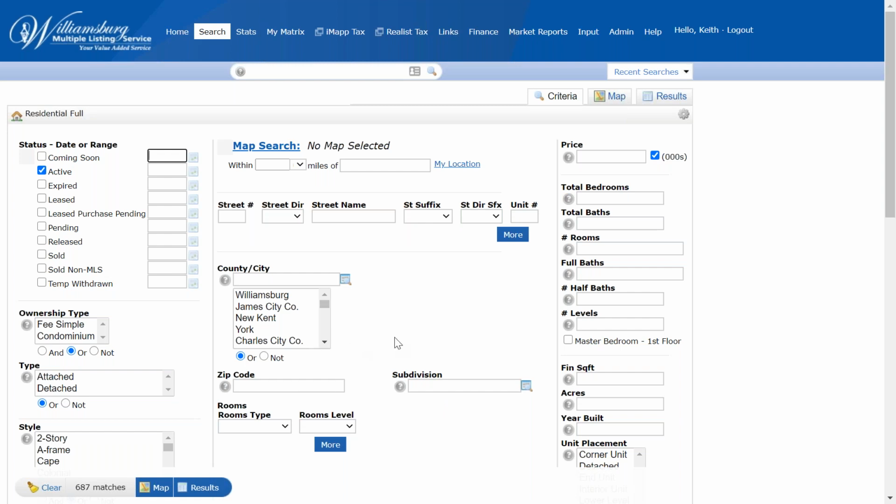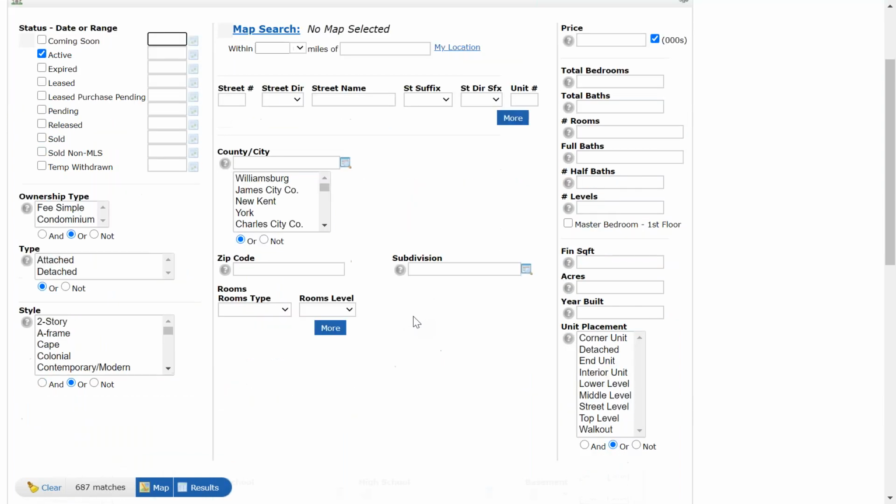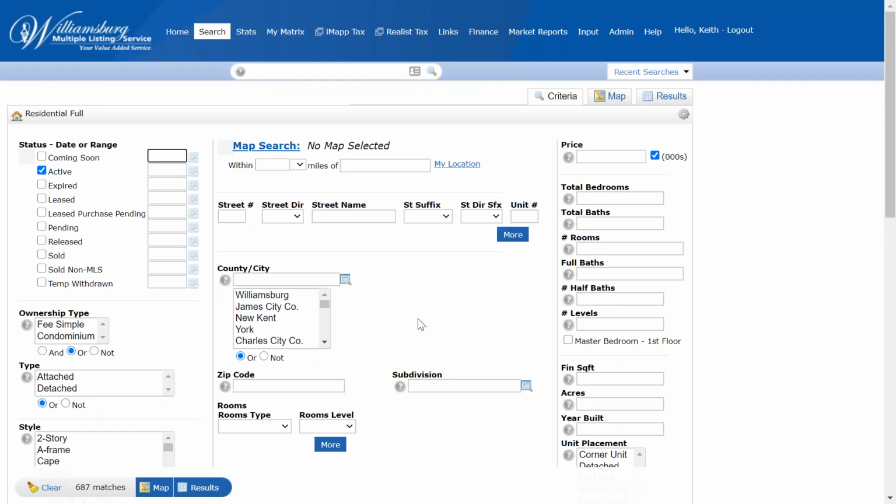It's not really the entire... And if you guys have examples for me, please let me know, and I can do this here. But it's really not a city or county or zip code or subdivision. It's more of a neighborhood, if you will. The only way really you can do it is by defining it on the map. So if you go into the map here,